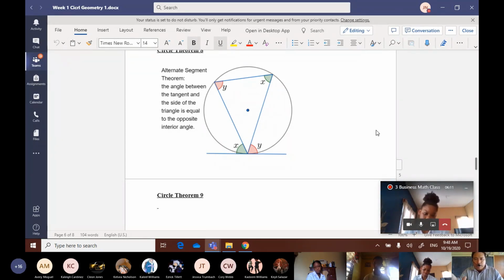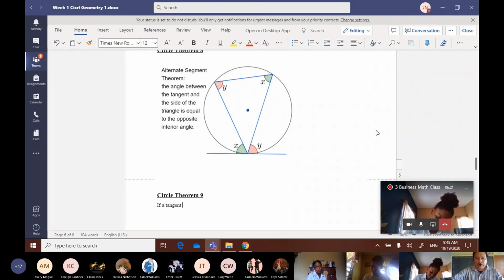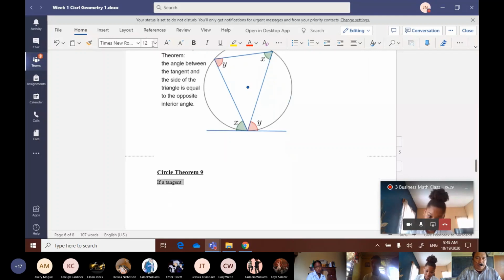Let me put it here because it is one of the more difficult theorems. It says: I'm going to put in a little bit more size to this because I don't think you can see it. I can barely see it and I'm typing. Let me put some size to that. I think that's good. If the tangent